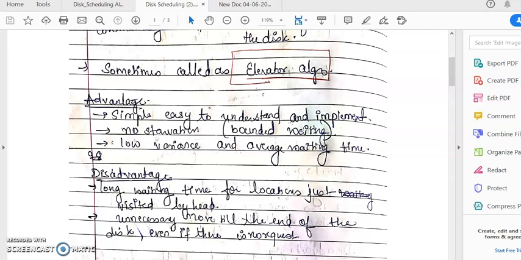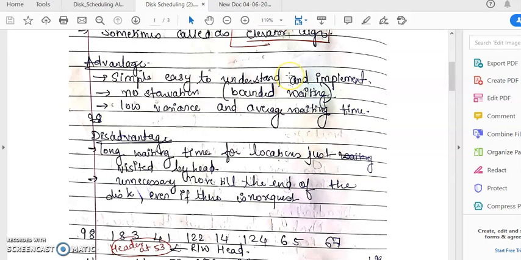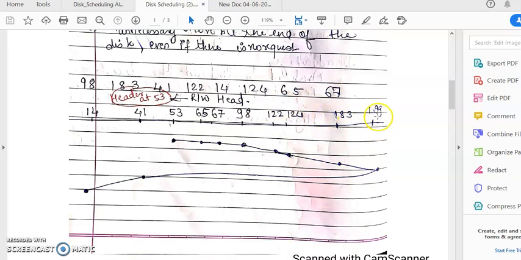The disadvantages are a long waiting time for locations just visited by the head. Obviously, there is an unnecessary move till the end of the disk, even if there is no request. So as I told you, this is the most